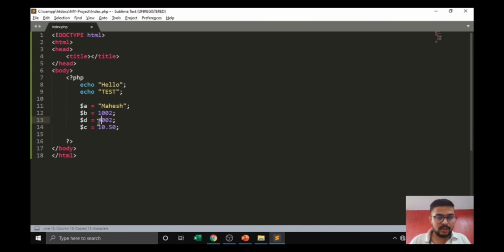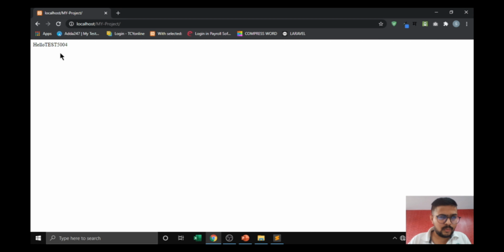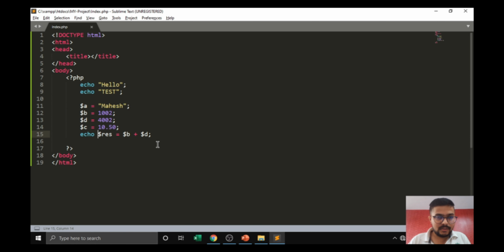If you want to add these variables or perform any operation on them, you can. If we create them like this and press echo, the result will appear.